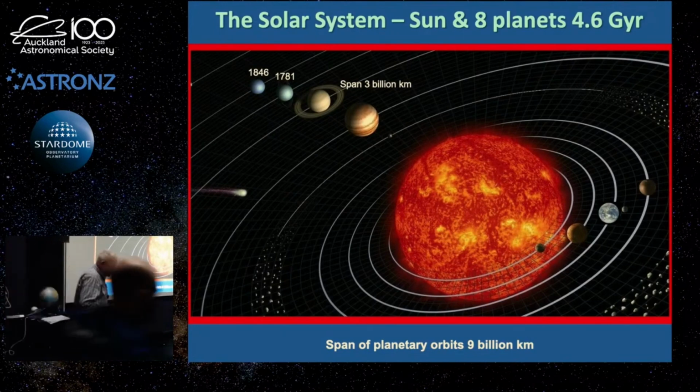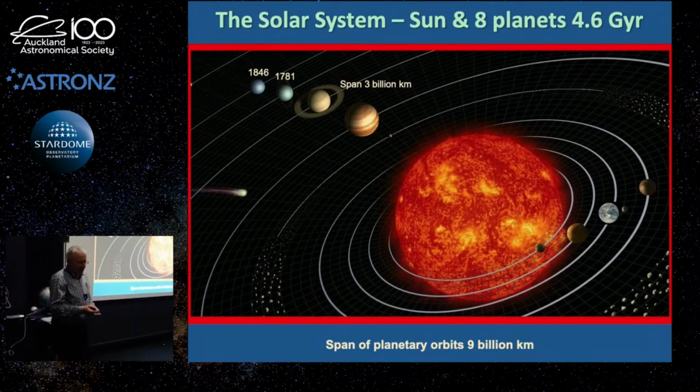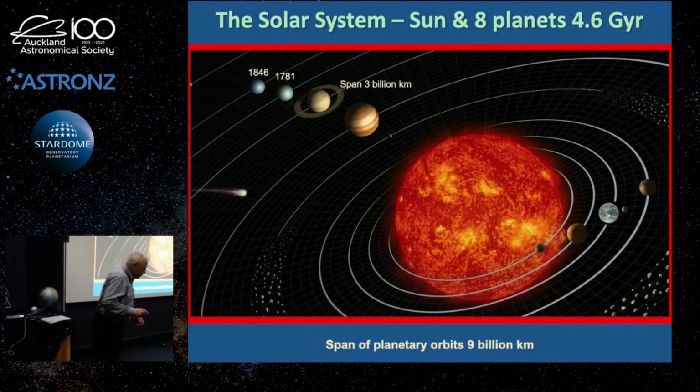There was a French mathematician, Leverrier, and an English mathematician, John Adams. They both independently had worked out roughly where that planet should be. And it was a German astronomer from Berlin, Johann Galle, who pointed his telescope in that general region, and not too far away from where they predicted it, there was